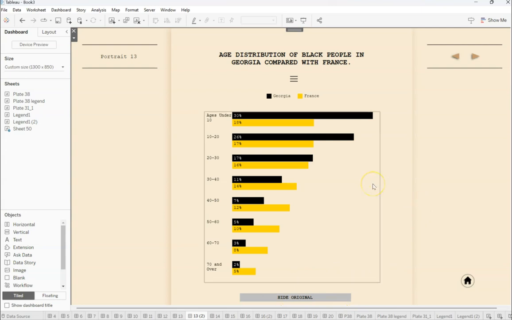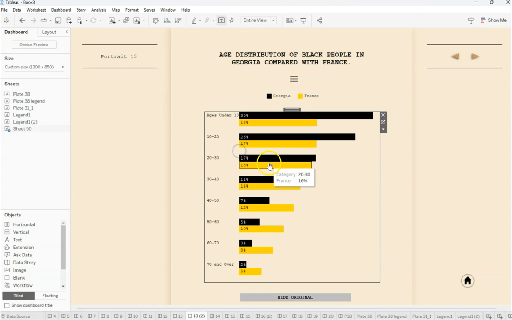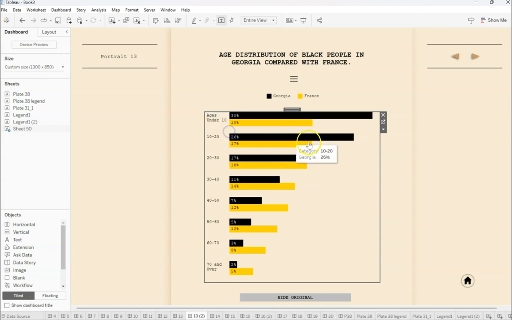But there you have a grouped bar chart with a bit of space between it. Very useful for comparing two variables. And I hope that with this, you find yourself a very useful chart that you can use to analyze and